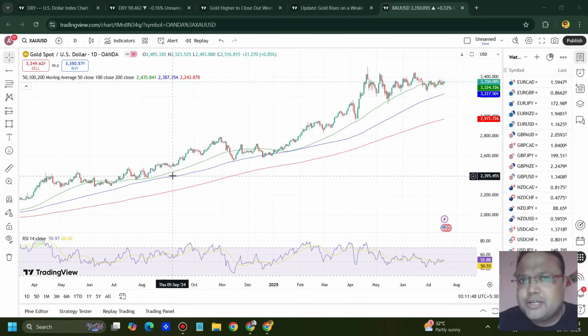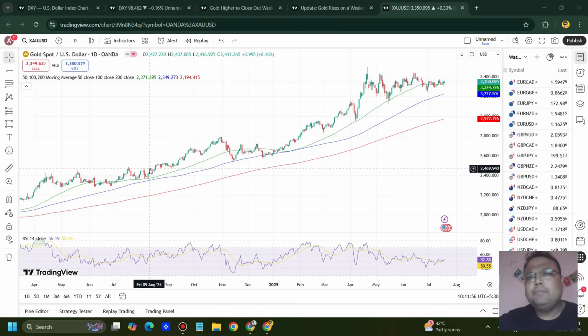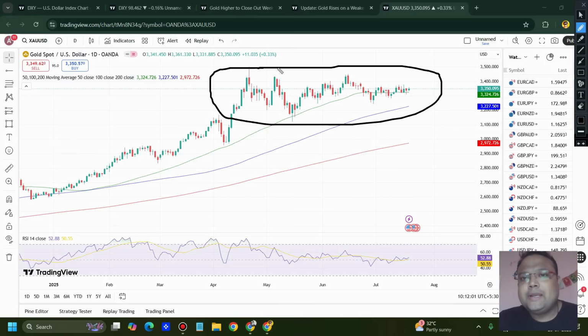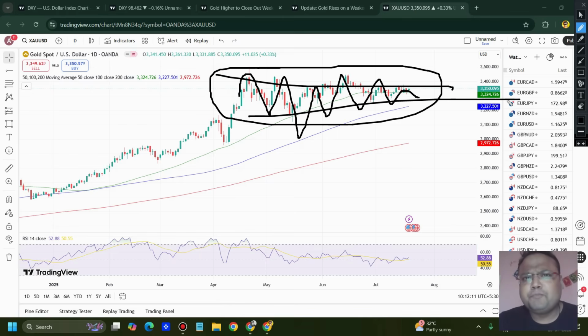Overall, market is bullish. There is no doubt about it. So if you are holding your buy on gold as a positional trader, then obviously you can hold your buy position because the chart is bullish. But if you focus on the present candles here, then we can clearly see the market is not bullish. The structure of the market is sideways, or you can say the market is looking for a direction. Overall, the chart may be bullish, but if you're a day trader and you are looking for positions on gold, then obviously you are struggling, and we don't know when this struggle is going to end.